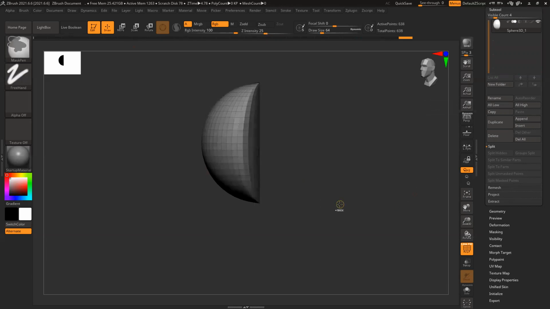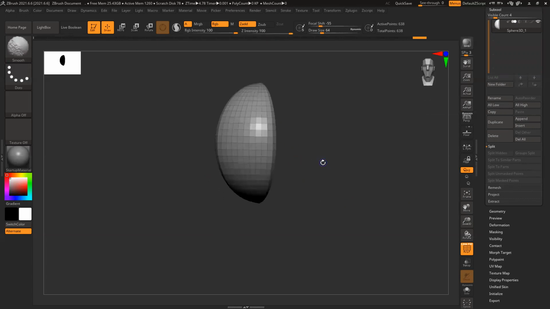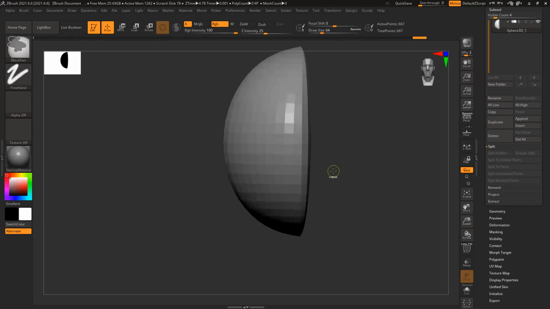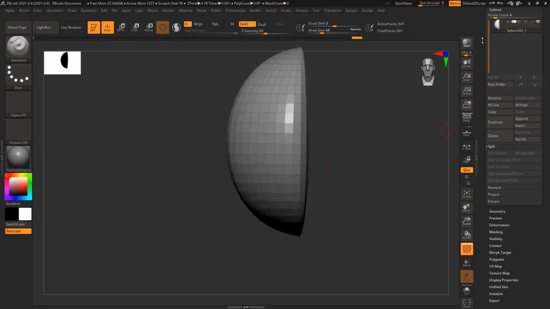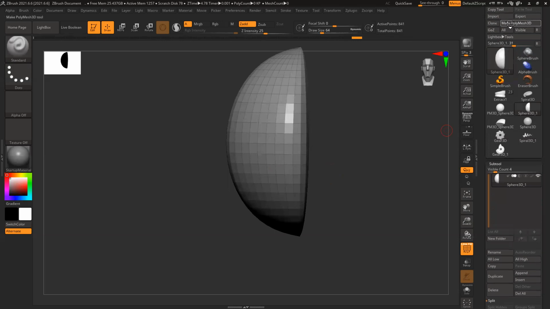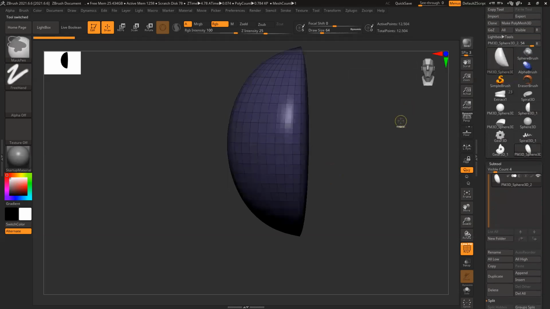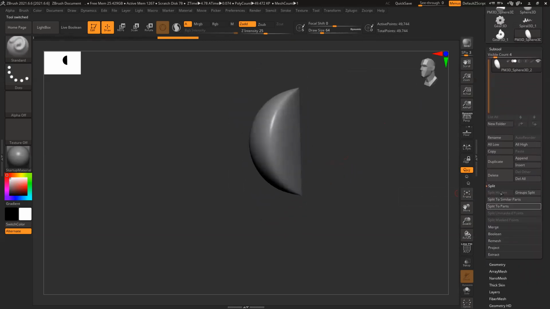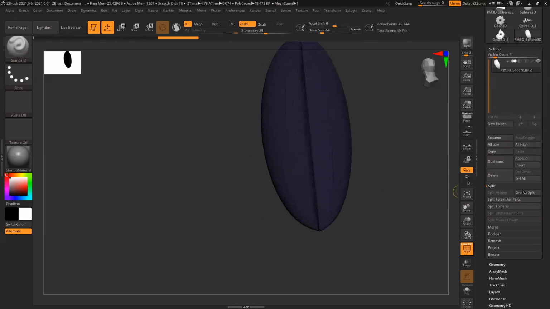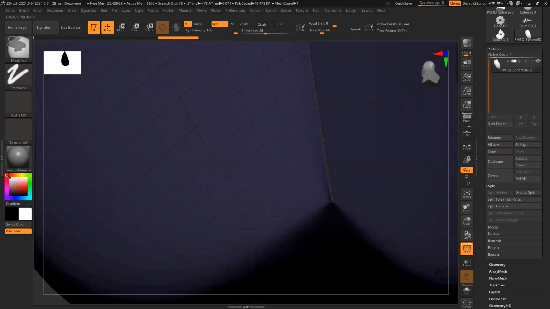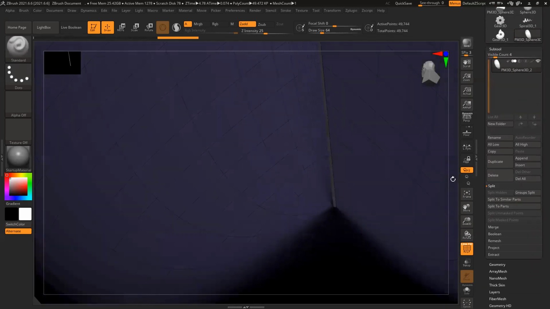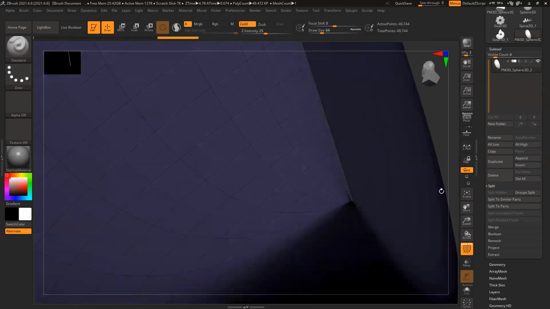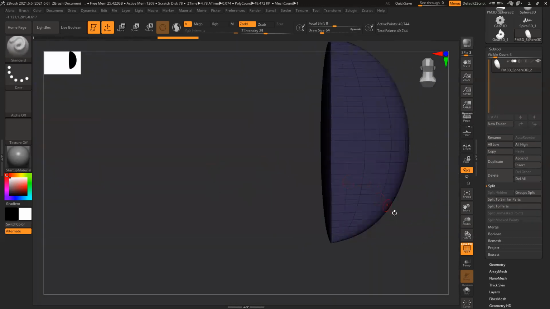So let's do this. Control D, D, D a couple of times. So I have a decent amount of polygons. I guess I convert to, yeah, so it has become really smooth and clean. Now under split, you can see Shift F. It's saying group split. If you zoom in, you can see there's only one polygon that is a separate group.